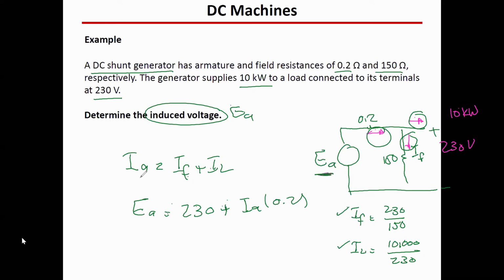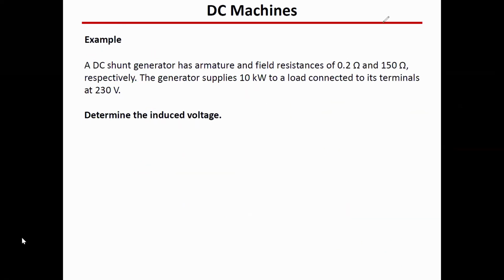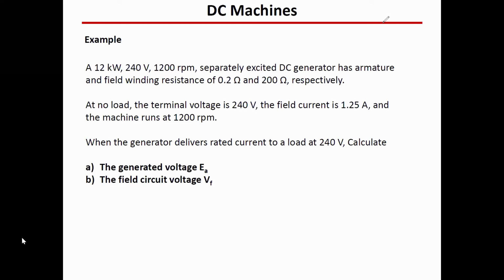I mean, once you draw the circuit, I know this is maybe the confusing part for you, which is mapping the values to the circuit here. Once you draw the circuit and specify the directions of currents based on the type of the generator, that's it. You are just analyzing a very simple electric circuit. I'm not going to solve this, but try to do it at home, because this is basically what we did last time with